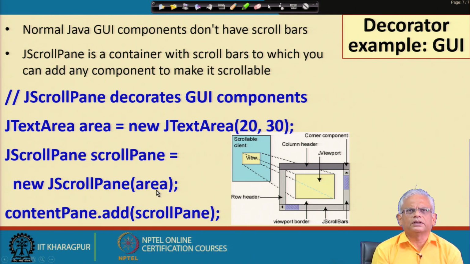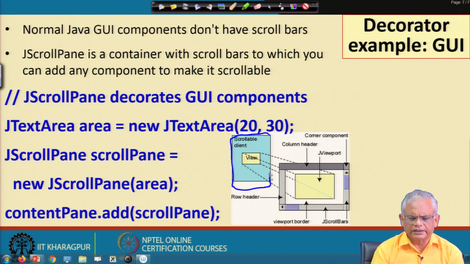As a result the scroll pane will contain the area. That is, the text area which was created with 20 rows and 30 columns, to which a scroll pane will get attached, and then we can attach this to the content pane by the same mechanism. So, just see here that there are two decorators which have got added here. This is the scrollable client, this is the text,